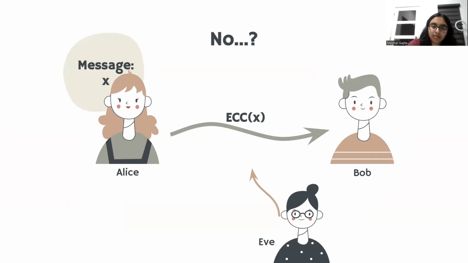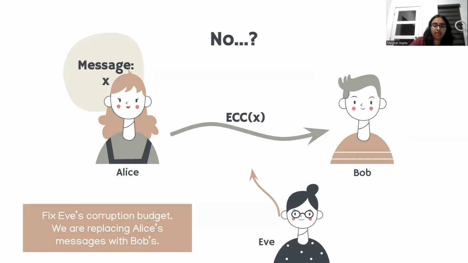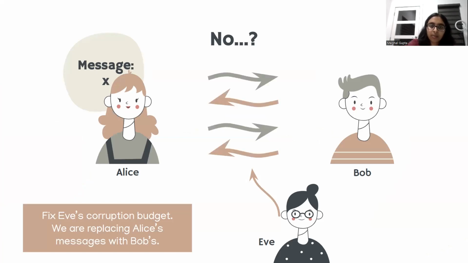What have we given Alice and Bob when we allow an interactive protocol rather than just a singular long message from Alice to Bob? We basically said that we are replacing Alice's messages with Bob's. So if Eve's corruption budget is fixed at some value alpha, then we've just replaced these messages where Alice, who actually knows what the input is, with some messages from Bob, who doesn't actually have any information about the input. So a priori, Bob's messages are much less useful, which makes us believe that maybe this is impossible.